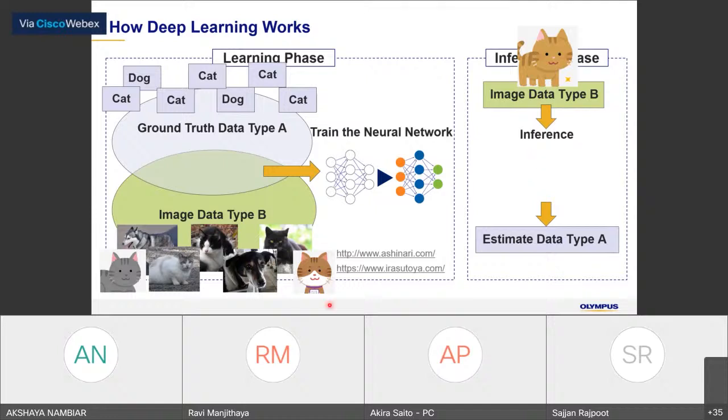If we include this kind of cartoon image, give the ground truth and train the neural network, then of course the inference with the updated neural network will identify it as a cat with high probability.